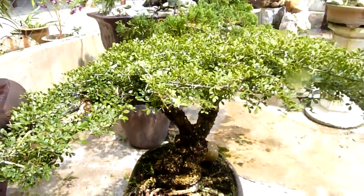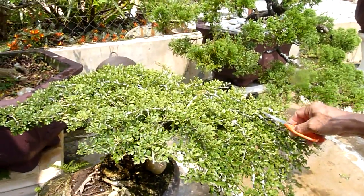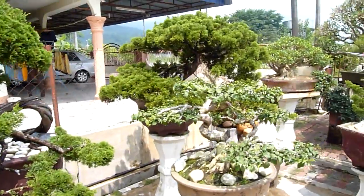Where are all these plants from? Which country do they come from? Oh, they come from all over the place. I really don't know the original plant. And now this one also